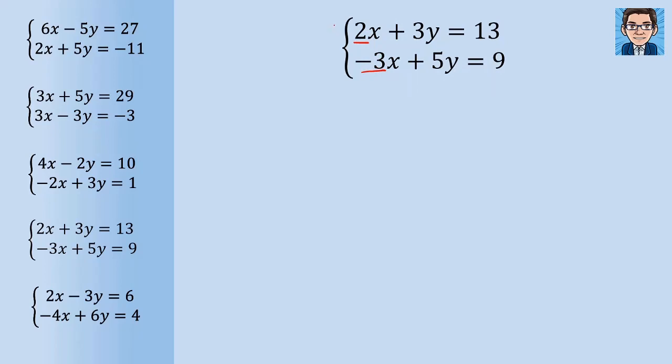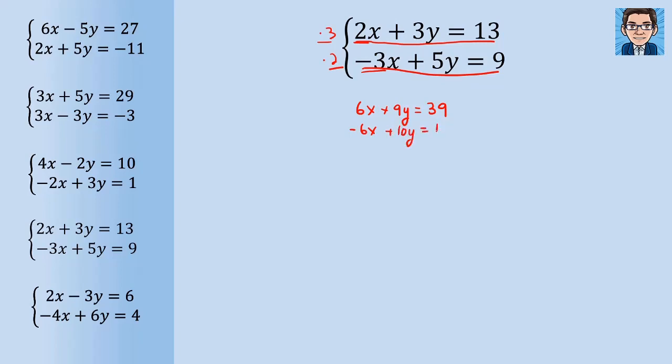We can make these match by multiplying the first equation by 3 and multiplying the second equation by 2. And that's going to make this x be 6x and minus 6x, and then we'll be able to eliminate the x's. So let's go ahead and do that. So the first equation multiplied by 3 is going to get us 6x plus 9y equals 39. And now the second equation multiplied by 2 is going to get us negative 6x plus 10y